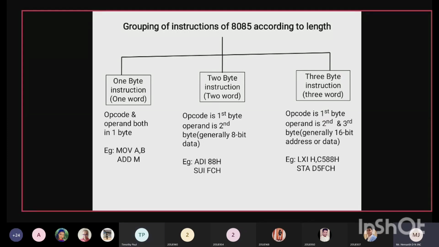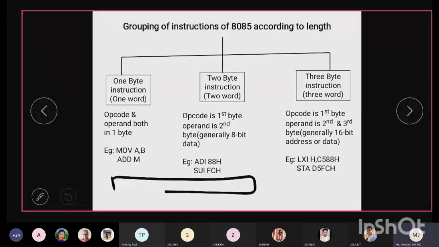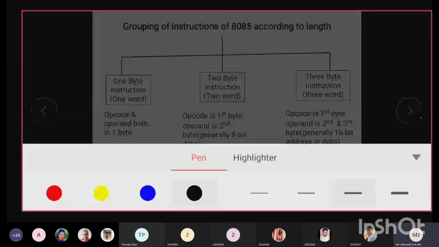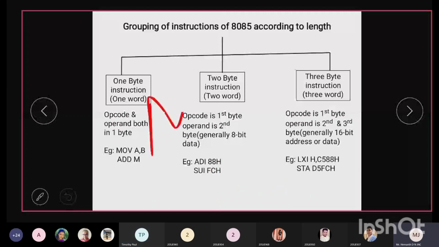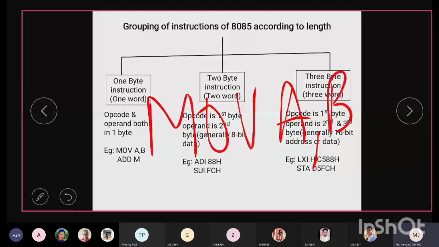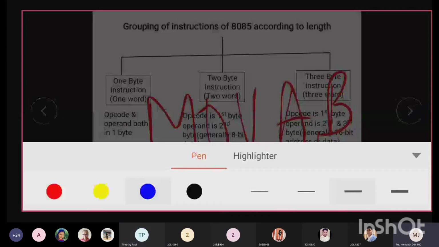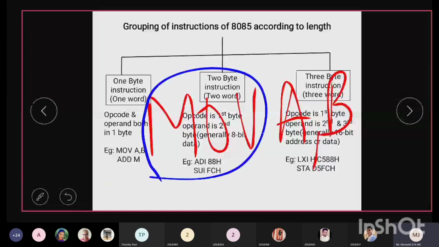As I had mentioned previously, any instruction has an opcode followed by the operand. You have the opcode part, then it is followed by the operand part. For example, if I write MOV A comma B, hope it's visible to all. Here MOV is the opcode, and A comma B is the operand.